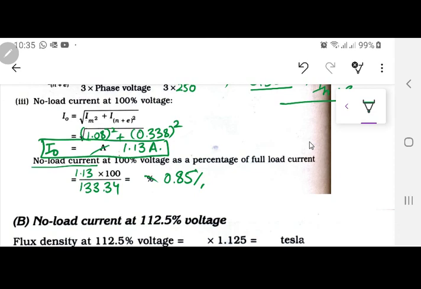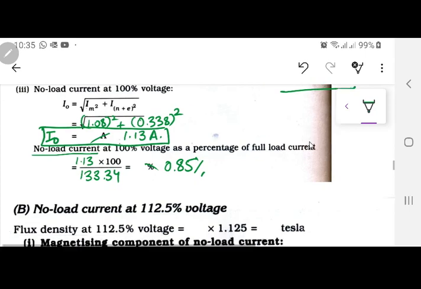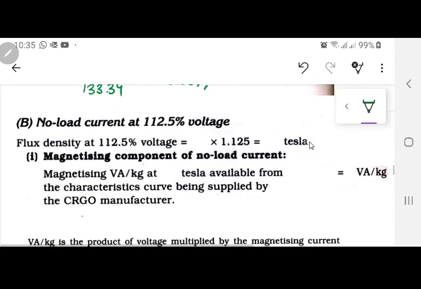Why? Because the reluctance is also more. You're not having any cooling effect over there. Plus all other effects are added over there. So the no load current, as a percentage of the full load current, is small. Okay. Now next thing over here, you have to find out the same parameters for